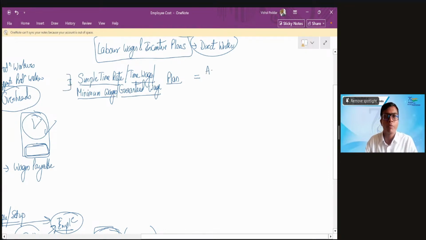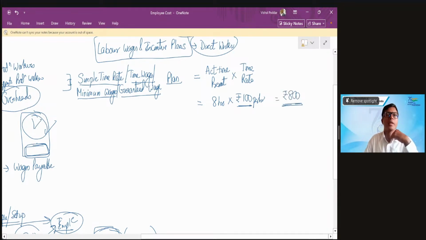यू हैव टू फाइंड आउट द एक्चुअल टाइम फॉर विच यू आर प्रेजेंट multiplied by your time rate. तो जैसे मैंने बोला कि आपका दिन का 8 आवर्स का शिफ्ट है, सो इट मींस यू आर प्रेजेंट फॉर 8 आवर्स मल्टीप्लाइड बाय जो भी आपका वेज रेट दिया है पर आवर। भाई आपको पर आवर 100 रुपए से पगार मिलेगा, सो आपका दिन का वेजेस हो गया ₹800 बाय द सिंपल टाइम रेट प्लान। अब इसी को टाइम वेजेस भी बोलते हैं।